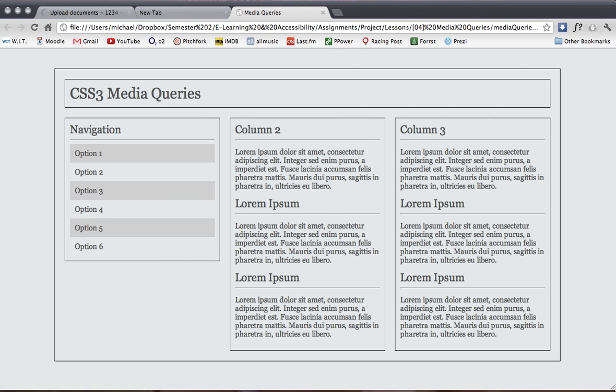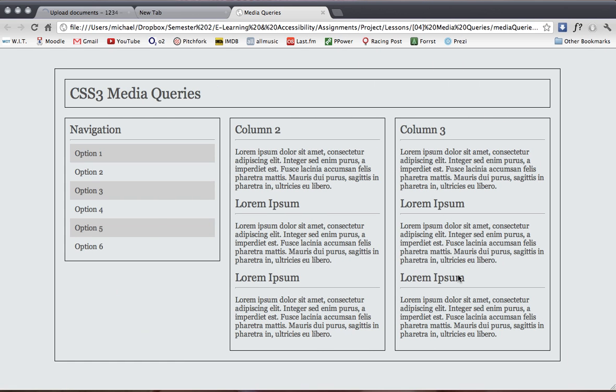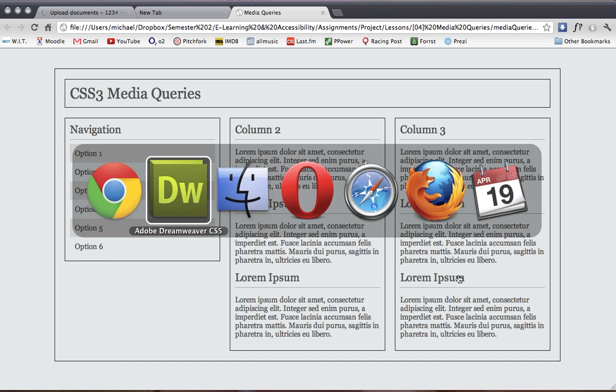So it's not like if they have media queries set up and the browser doesn't support them, they won't get to the website. They will, it will just be more in the older sense, less aesthetically pleasing. So that's basically it for